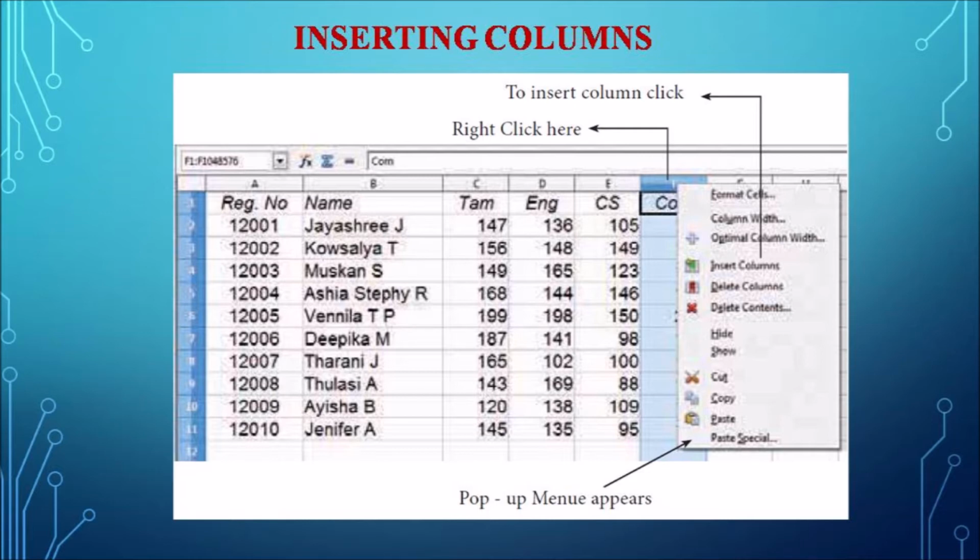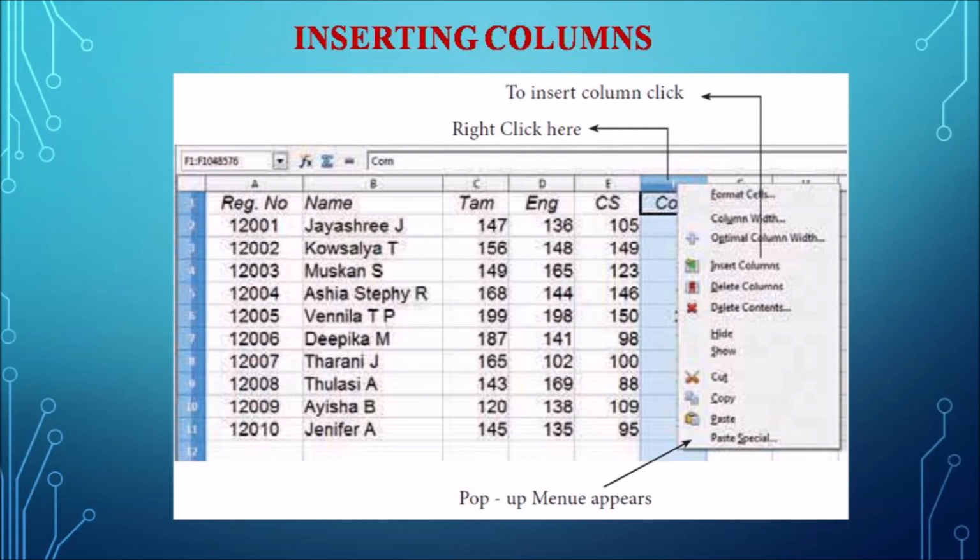The location of the cell pointer that is present, that we call the current column. As I told, the thick rectangular box is the current cell, that is the current column. So in OpenOffice Calc, the user can insert a new column anywhere in the worksheet. So first thing, we have to select the column where the new column should be inserted. So we have selected the F column, and we have to right click the selected column name. In the F you have to right click the selected column, and a pop-up menu will appear. So you can see in the diagram.